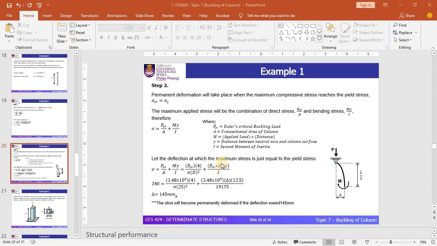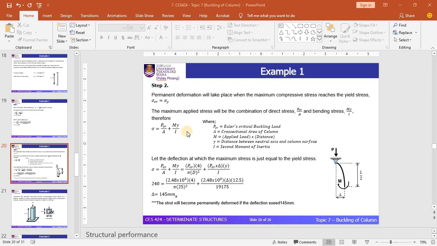Okay, they have a displacement here. So we know that the moment is force multiplied by the distance, and the distance refers to the deflection, or in this equation the delta. So basically, this delta is the value that we want to search for. I hope you can understand how to get the moment in this equation.